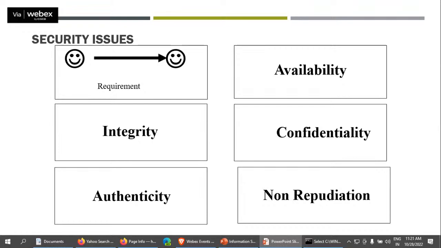Every security, whether you are talking about physical security, network security, information security, or web application security, these three factors are the main paradigms of security. The data should be confidential. It means it is in encrypted form while being sent from one place to another. Integrity: data should not be modified while being sent from one place to another. As it is, the data is received from the sender. Confidentiality, integrity, and last is availability. The data should be available 24/7. Whenever I send a request, I'll get the information that the data is available.